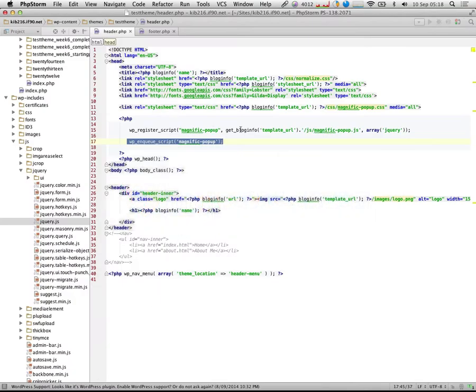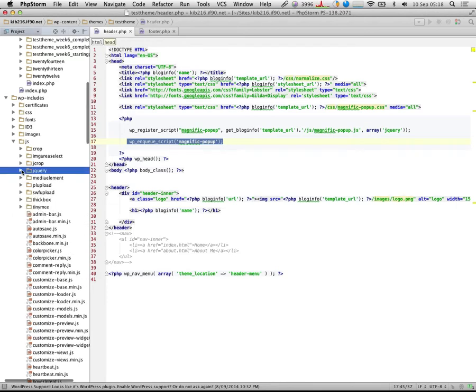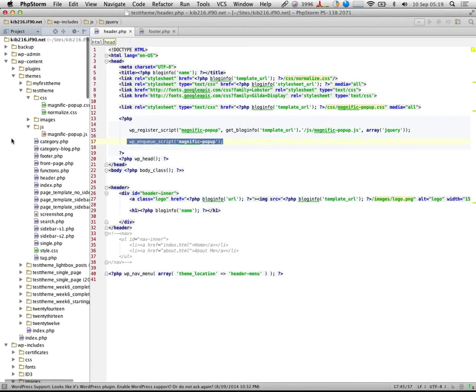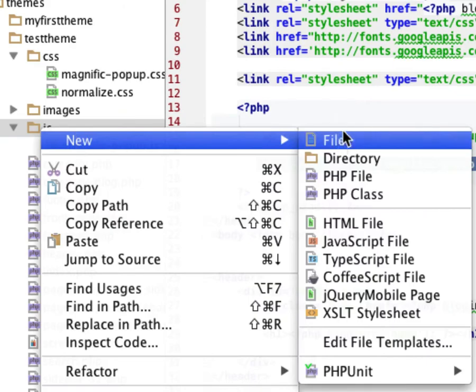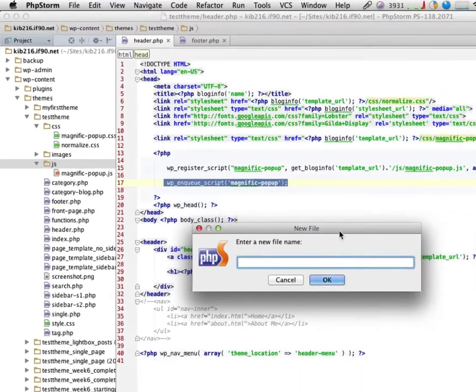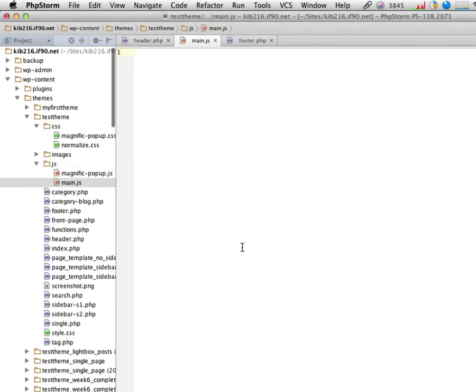Now I actually need one extra script here, because I need to write some of my own JavaScript in order to initialize the Magnific Popup functionality. So in my JavaScript folder here, I'm going to create a new JavaScript file again, and this will contain my own script. You can call this whatever you like. I'm going to call it main.js. And just to test that this works, I'll put an alert in here